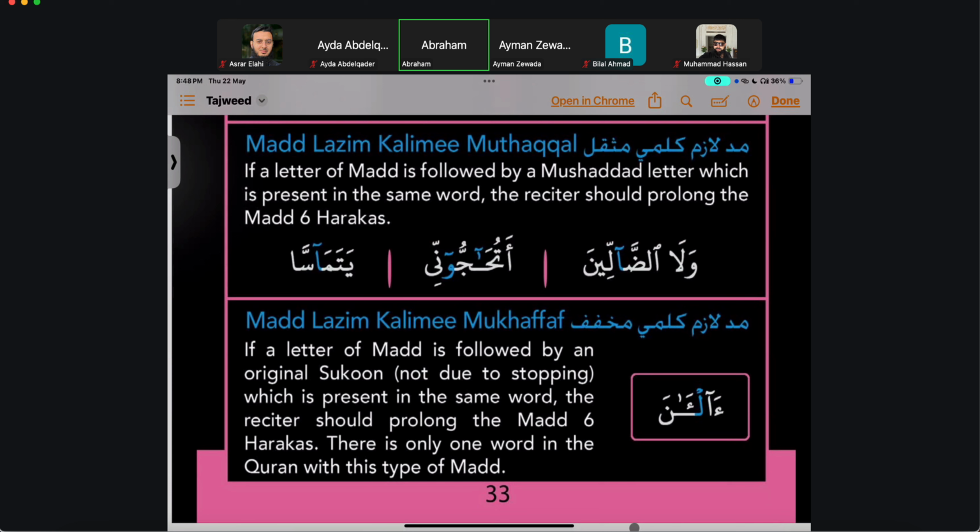The mudud that you just covered, the simple answer for them is that you've got the 4 harakat ones, they're pretty clear cut. So you look for a hamza, that's your biggest clue. Hamza in the middle of a word is muttasil, hamza outside of the word is mufassal, disconnected. That's what I mean, connected, disconnected. And then in between that, you have the subcategories that you have to memorize in the future, like badal, arad, sukoon, madleen, and so on and so forth. With mad lazim, the illa in this case is sukoon. So I'm going to give you an exercise, and Sheikh here has already given nice words. So you've got now wala dhalin, and it's extended 6 harakat.